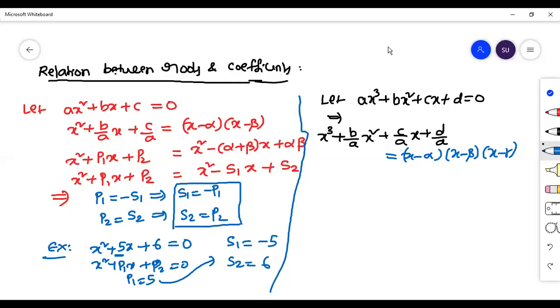In the same way, let us consider a cubic equation ax cube plus bx square plus cx plus d is equal to 0. This we can write basically as a into x minus alpha, x minus beta, x minus gamma. If it is equal to 0, you can remove a, as we have seen in the previous video. If you divide with a, you will get this equation. This also can be written as x minus alpha, x minus beta and x minus gamma. Now if you multiply this, what will you get? Directly I'm writing that x minus.